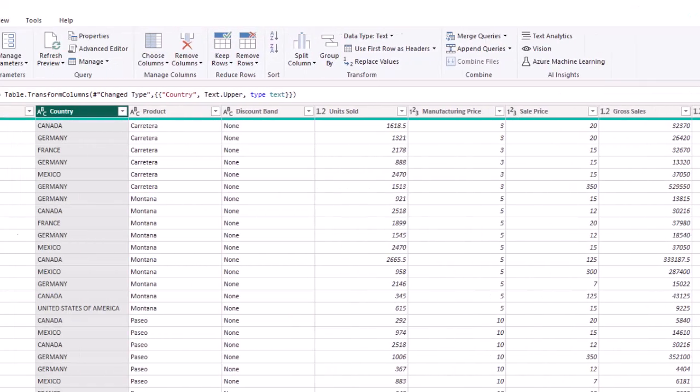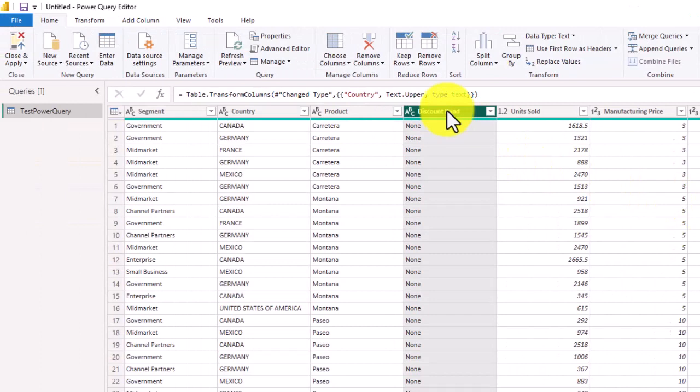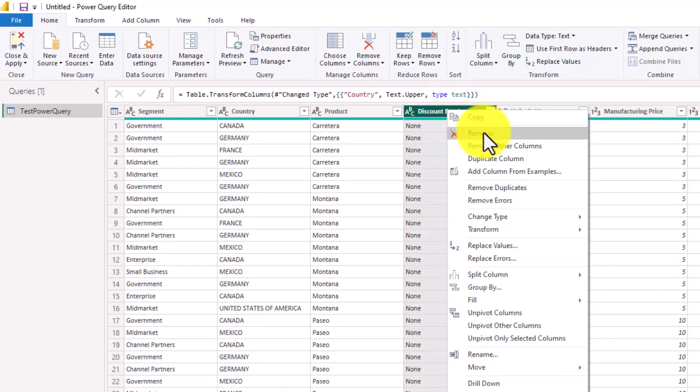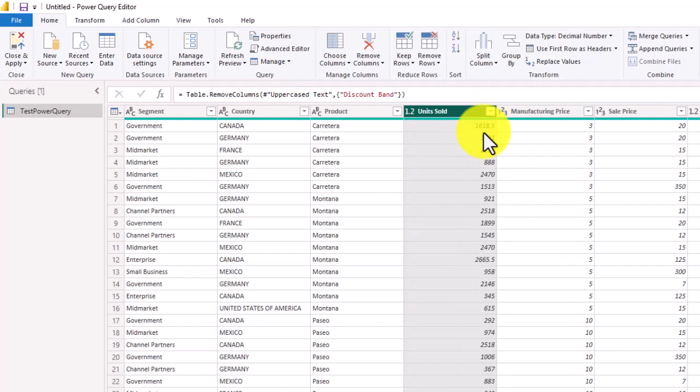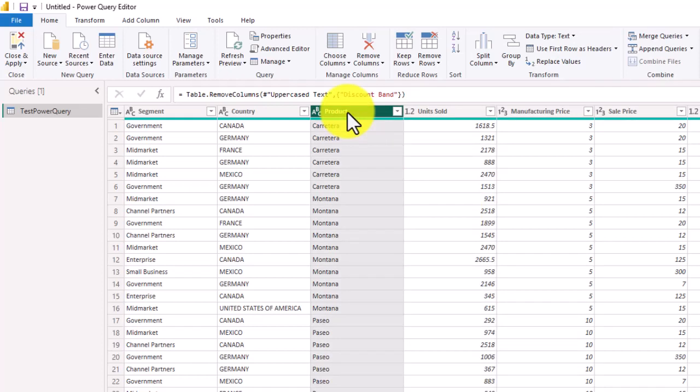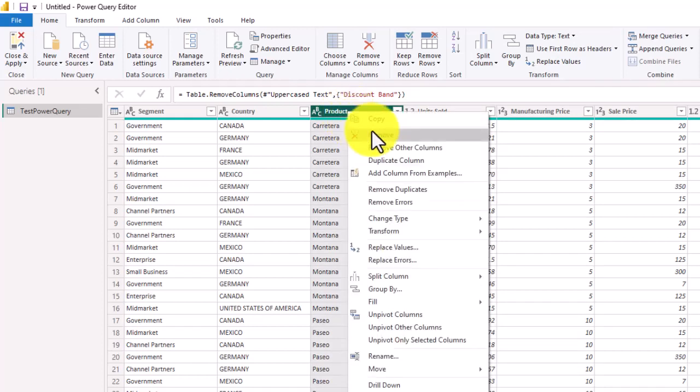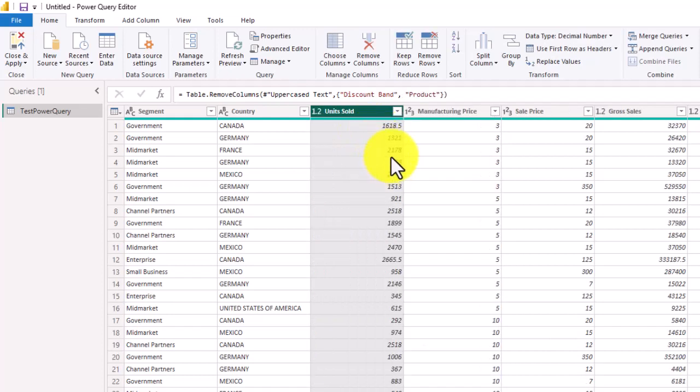Then for our next step, we are going to remove the discount band column. We're going to select that column, and then we are going to remove, and that gets rid of that column. Now, another step you may want to do is under the product column, we are going to right click and then select remove. Another way that you can choose, let's say if you do not want all of the columns, you can go under choose column,